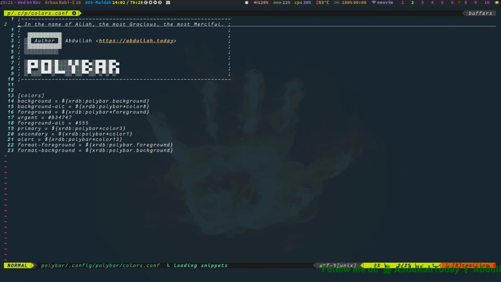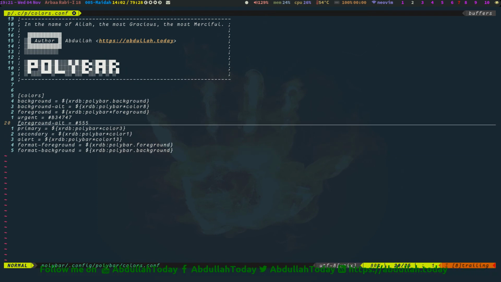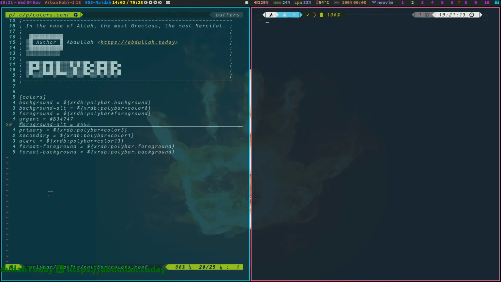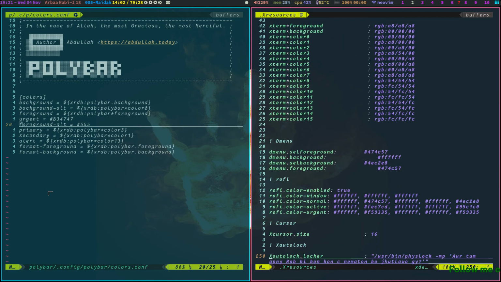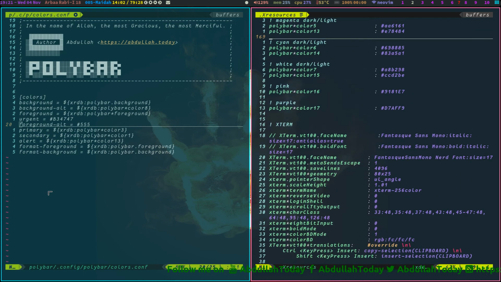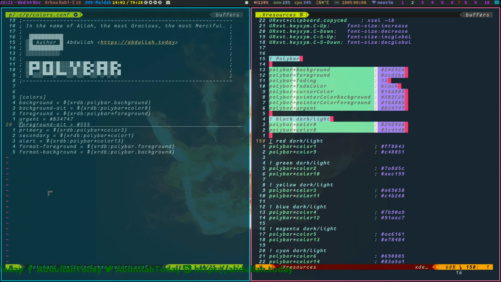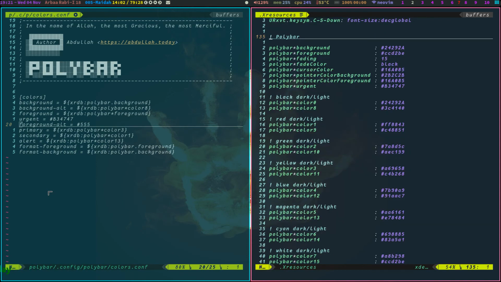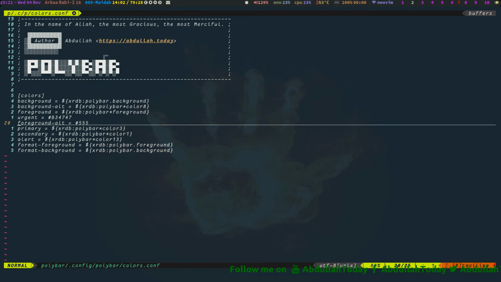So colors, these are the colors. Actually I am using the X resources file. I use urxvt and other programs which also need X resources, like the Xdefaults file. So I use that X resources file for my polybar as well. Here you can see polybar resources are defined there. These are the polybar colors. At system start, this file should be read, and then polybar should, if you configure it this way, get the colors from your X resources file. You can see I import all these colors from the X resources file by using xrdb,